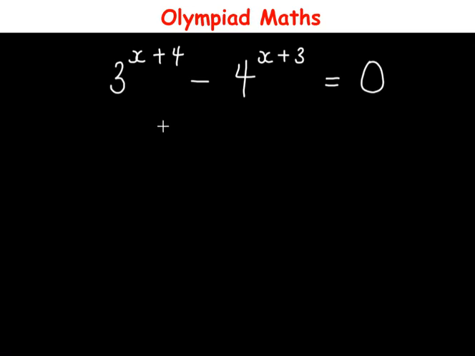Hello everyone, in this video let us solve this question. So we have 3 raised to power x plus 4 minus 4 raised to power x plus 3 equals 0. And here we have to solve for the value of x. So x is the unknown we have to solve for. To solve this,